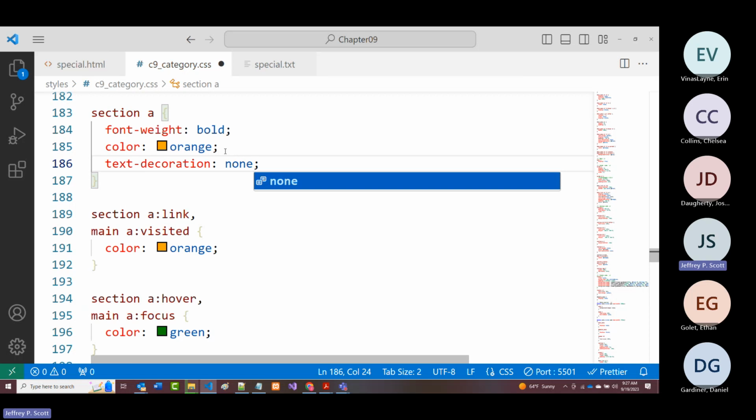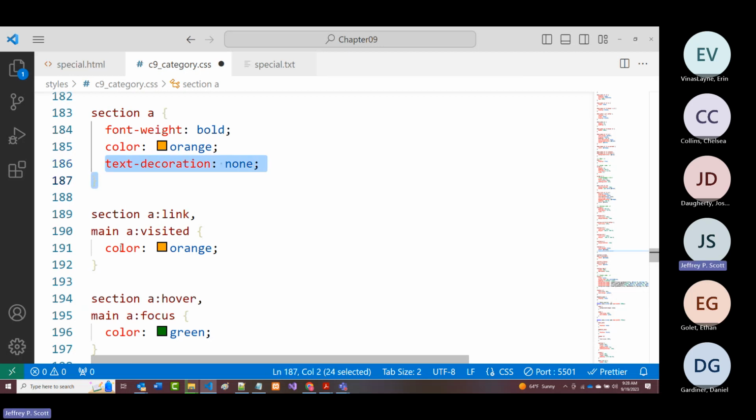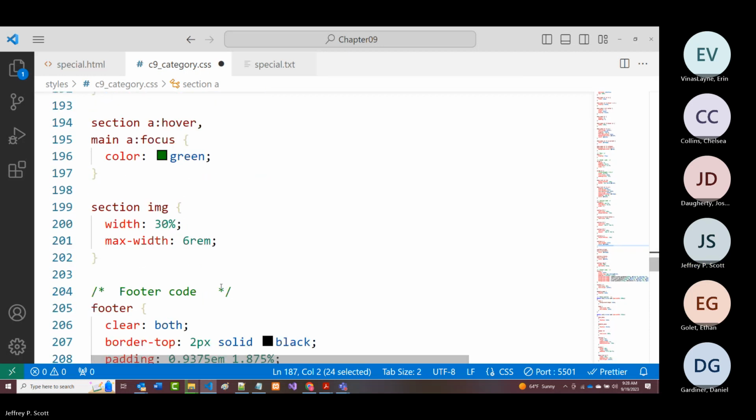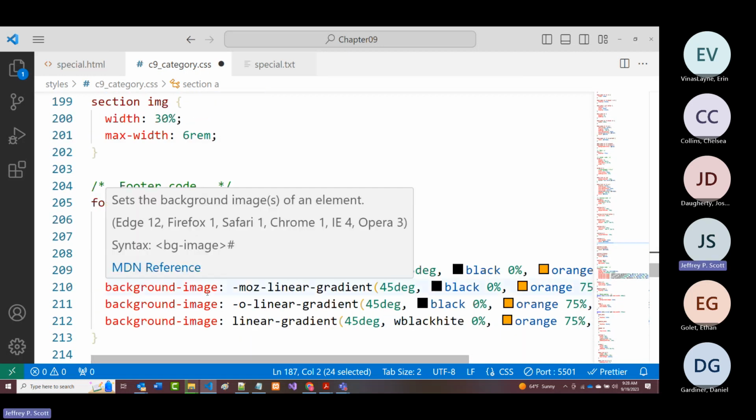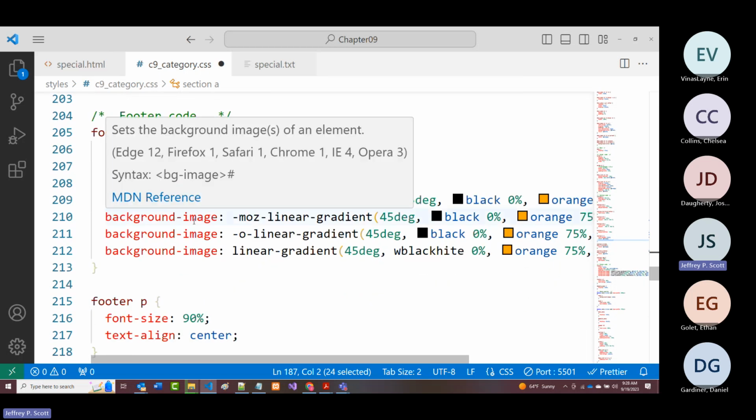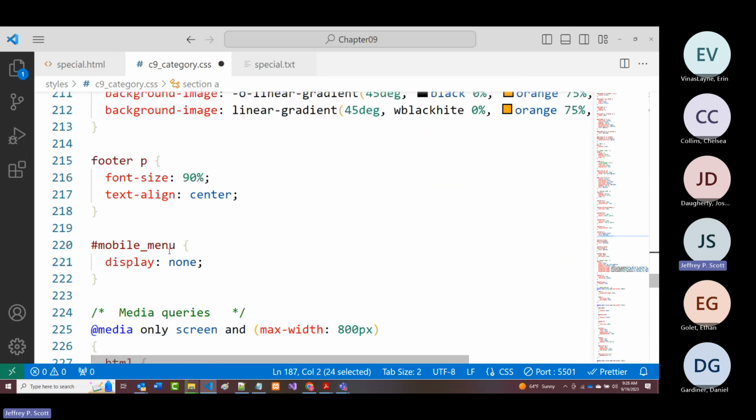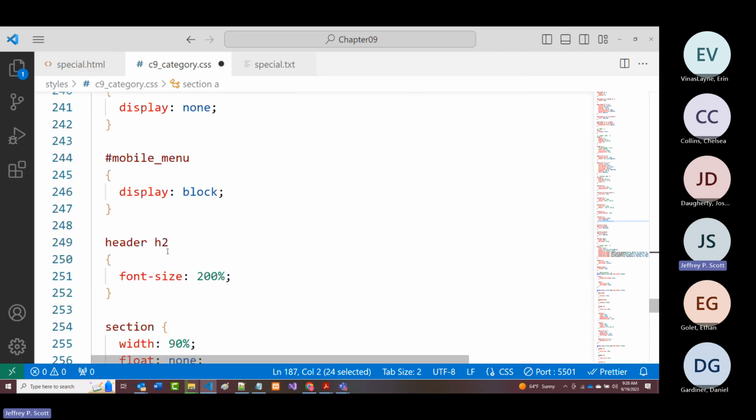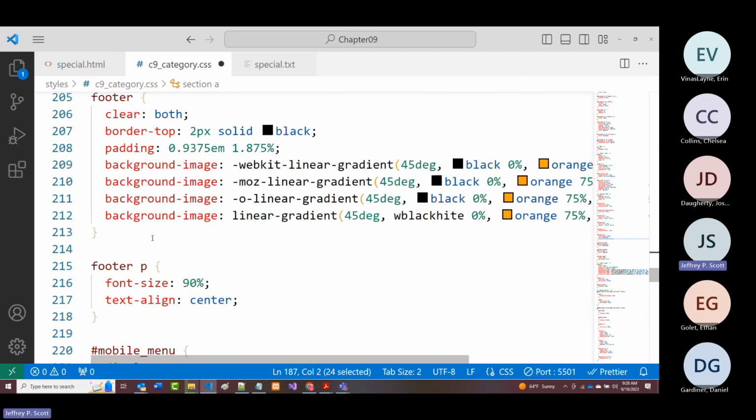All right, our section A link in our main A visited, orange, that's fine. Our section A hover and our main A focus, green, that's fine. So I added this. All the rest of the stuff you see here on the page is okay. All right. I'm going to jump down then into the footer. Now, after the footer, we'll go and we'll look at the media queries. Okay. So in the footer,